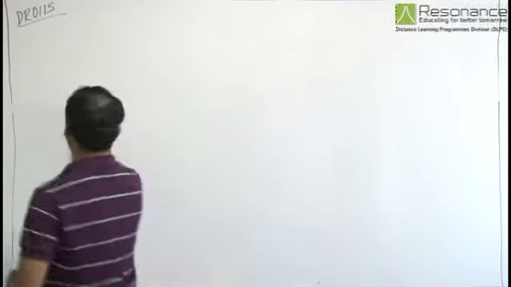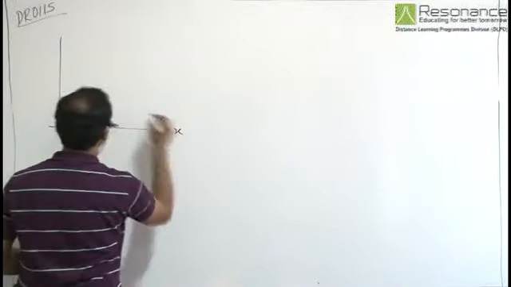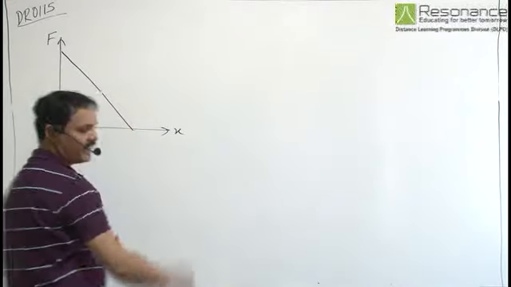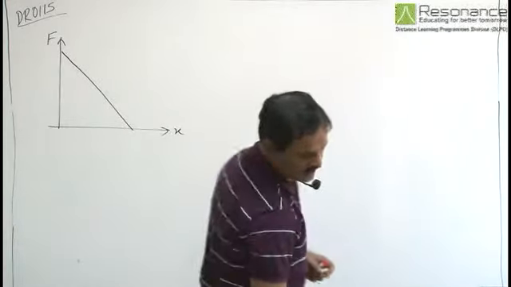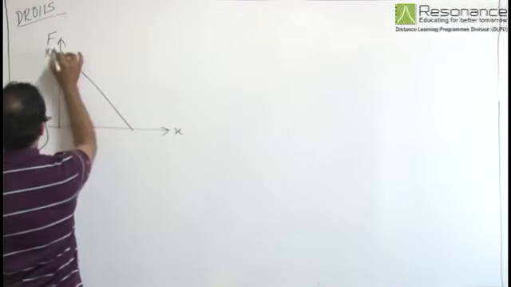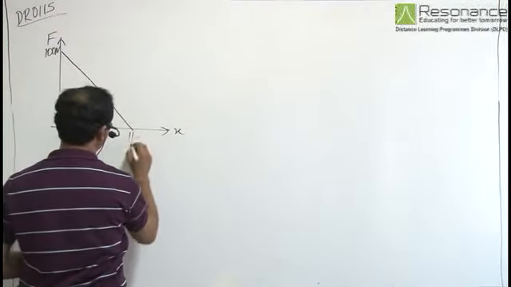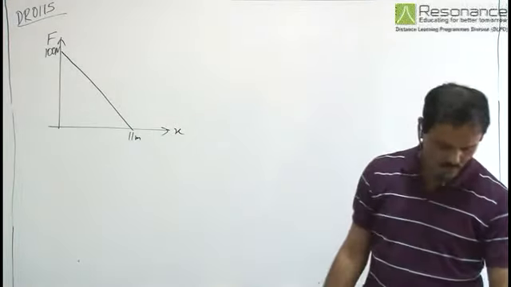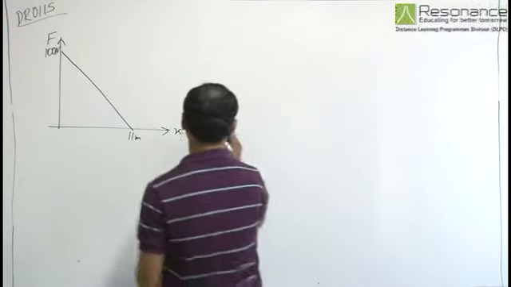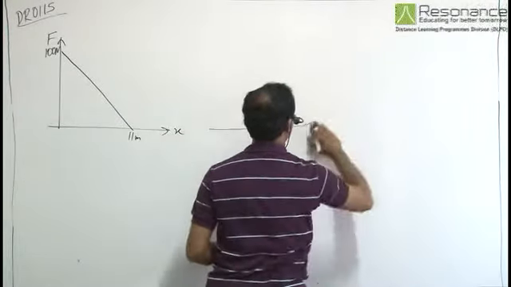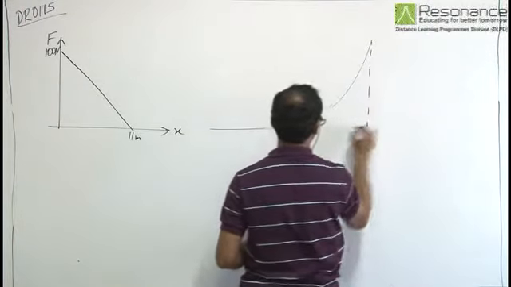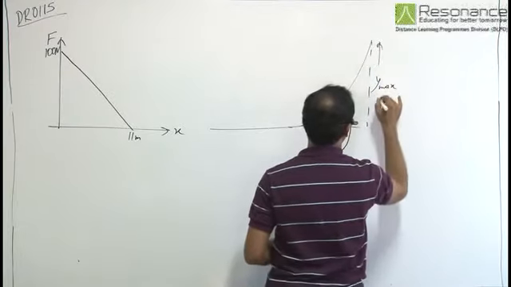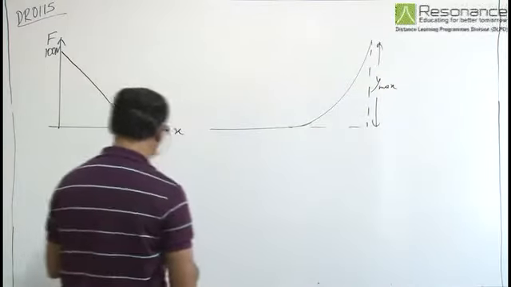So the graph between force and displacement is given, F versus X, as a straight line having negative slope with force at 100 Newton to displacement at 11 meter. And the toy car moves up along the incline up to a maximum height y max, and this height has to be found.